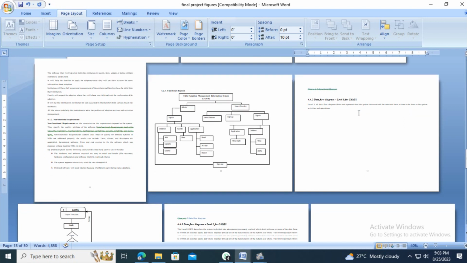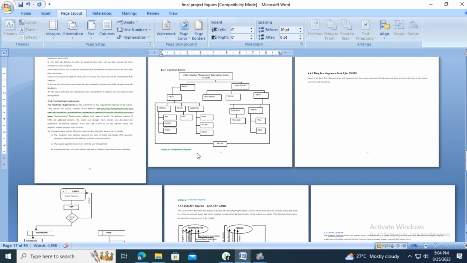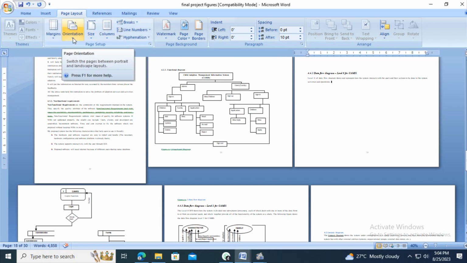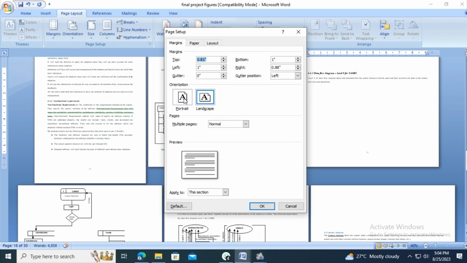Okay, and the next is not landscape, it is portrait. It means that you are going to make the next page portrait. Click on page layout, margin, custom margin, then click on portrait,